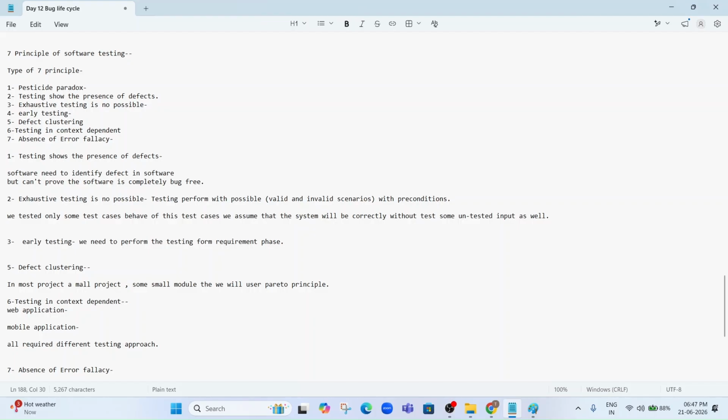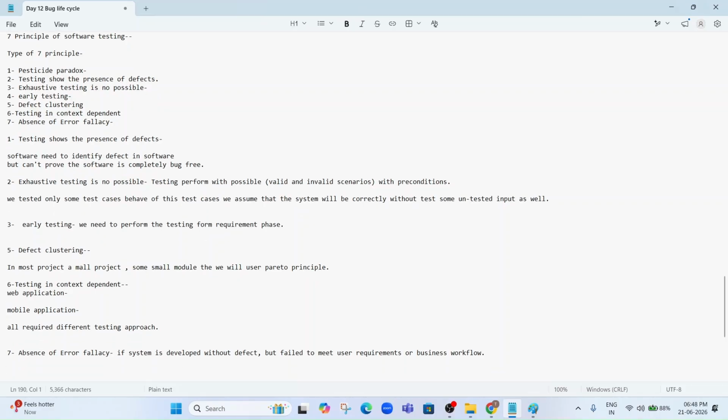The system must be built so that the business workflow is met, and the software must be both bug free and useful to the end user. So if a system is developed without defects but fails to meet user requirements or business workflow,